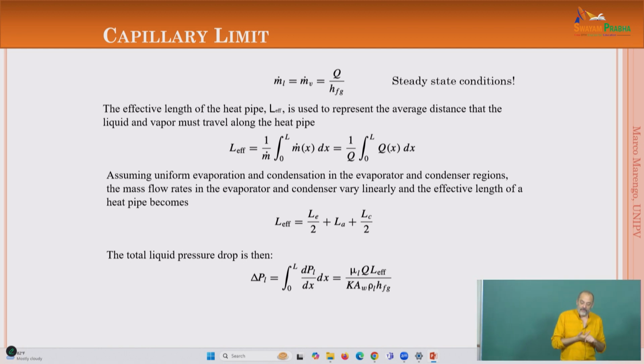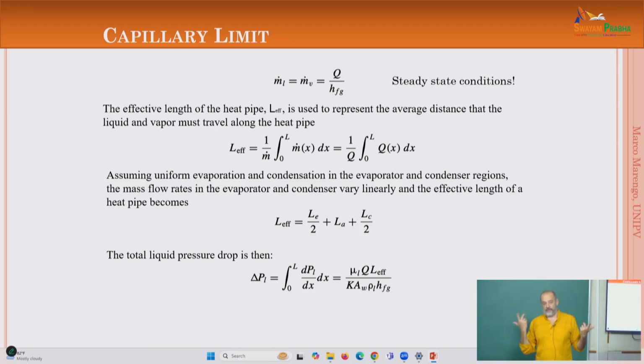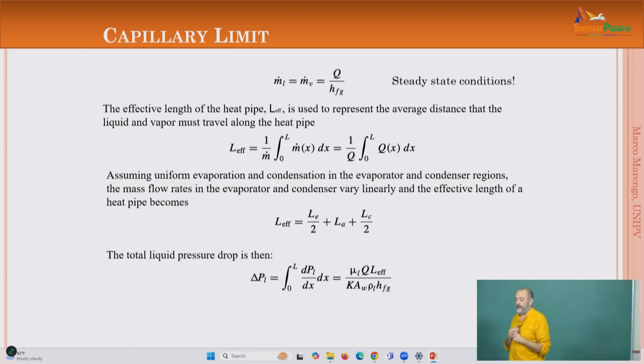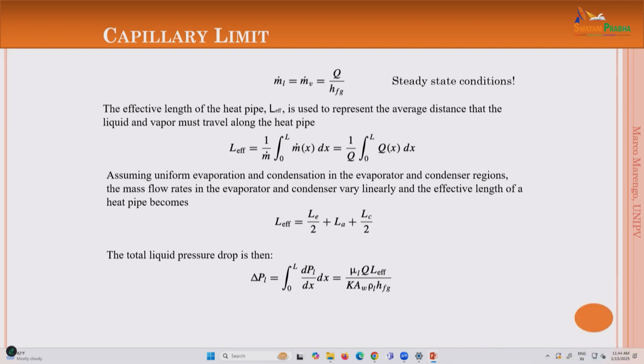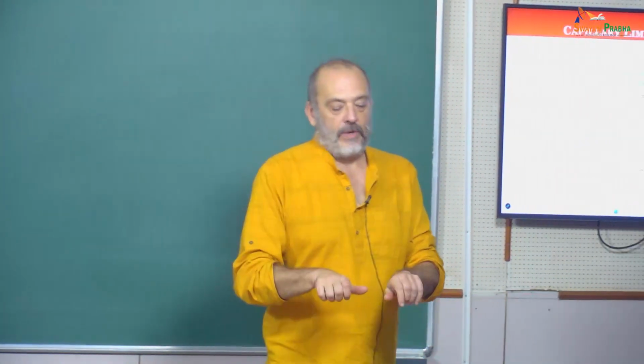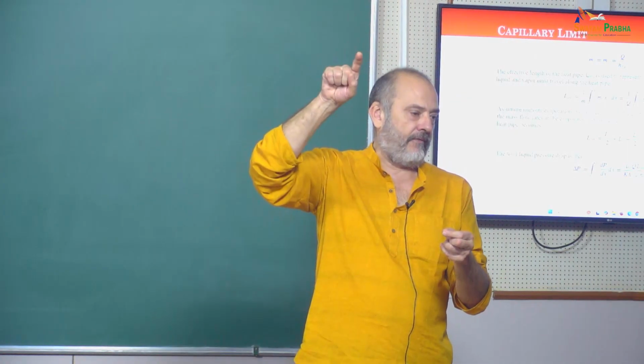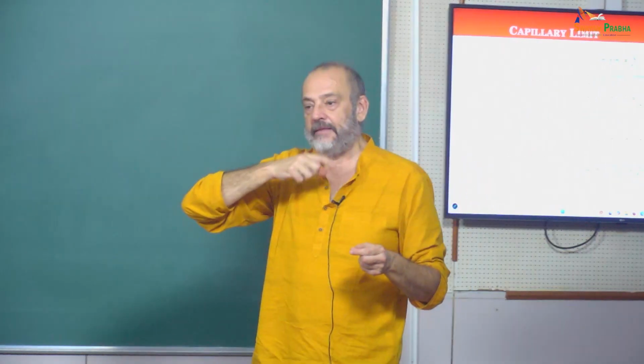Of course, we need to have a conservation of mass inside, otherwise we have a problem. In the sense that the power going into the evaporator must be equal to the power of the condenser. Of course, this is happening at the steady state. In fact, we are always speaking about a startup power or startup temperature in order to activate the heat pipe. So this is happening in a steady state condition. But when you switch on, there is a ramp up of the temperature. So this means that